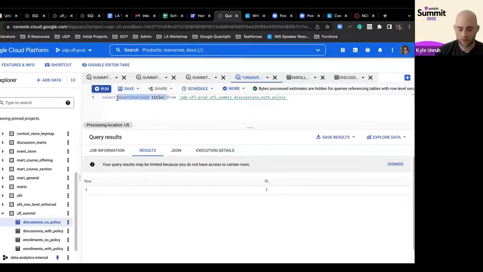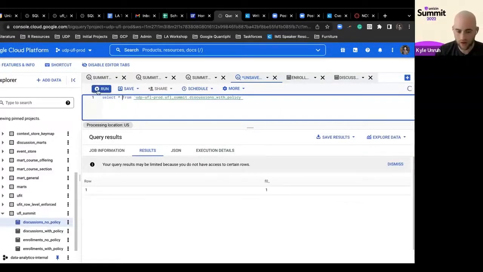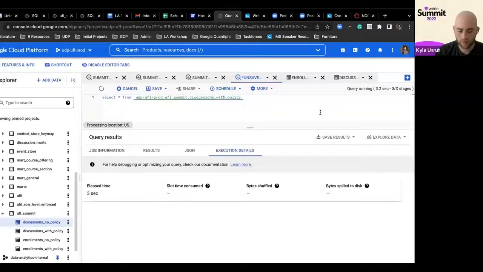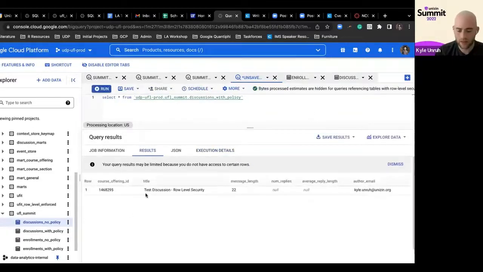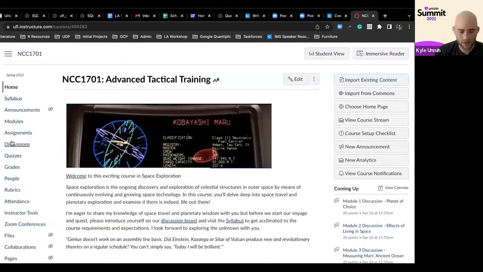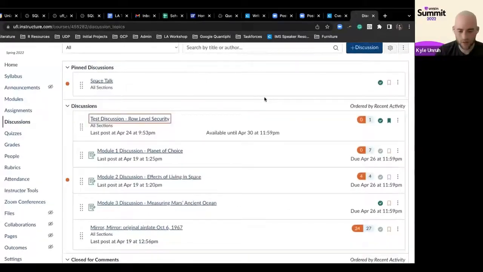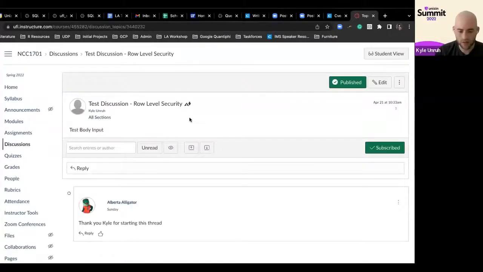So if I then just do this just to verify, we get this test discussion row level security with me message length. It's 22 bytes, I guess. And that matches this discussion for test discussion row level security, right? So